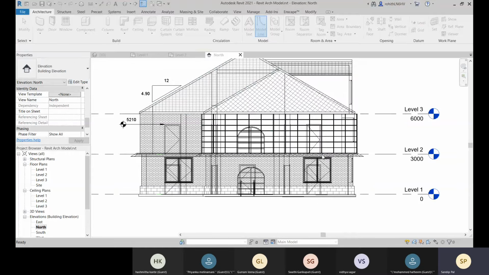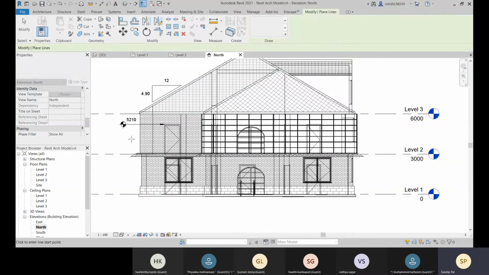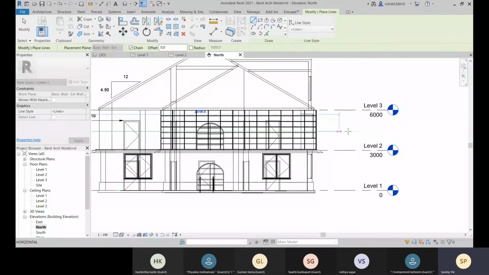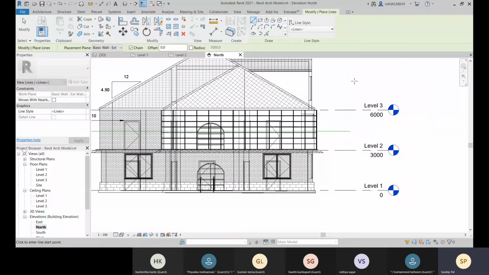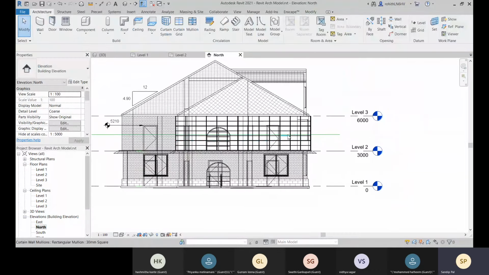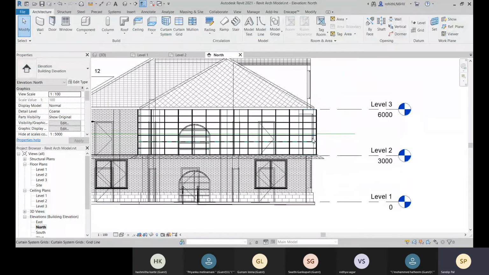Let's pick plane and let's pick this plane. So this one will be your cut plane. Imagine this is one imaginary cut plane there, and below all the objects are visible, all the objects are added within your level 2 plan.